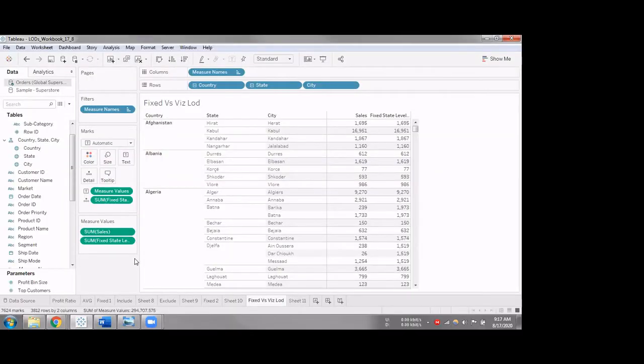Today's session is going to be more concept oriented. All the concepts that are required to understand level of detail calculation. Unlike the previous session on table calculations, today's session is specially focused on helping us understand